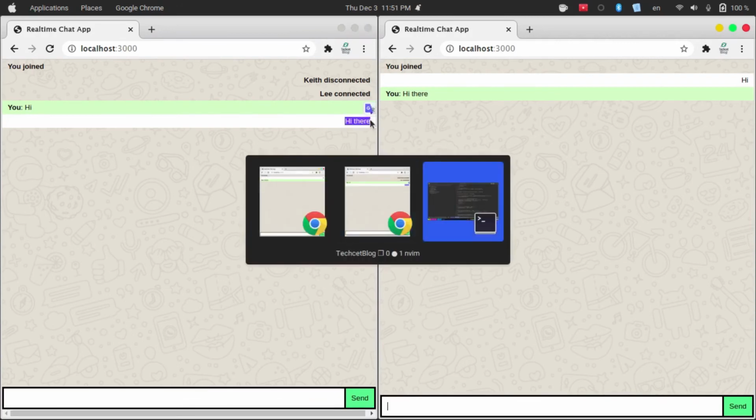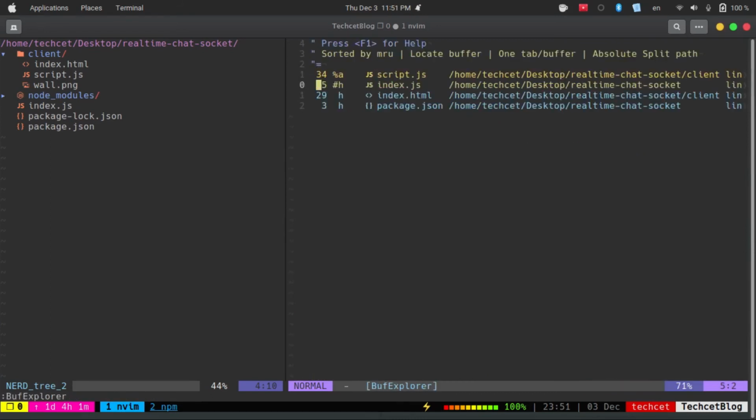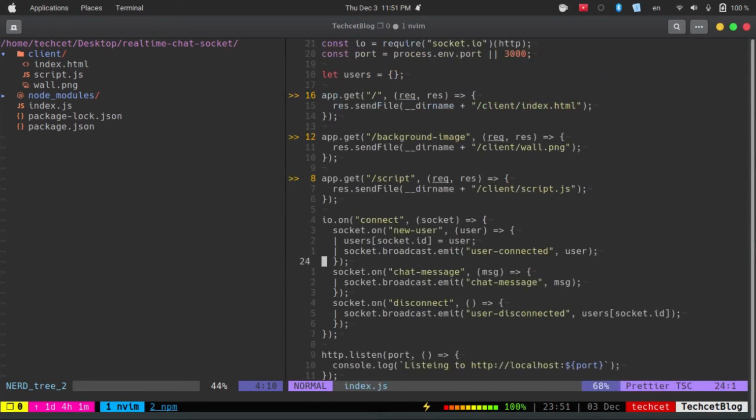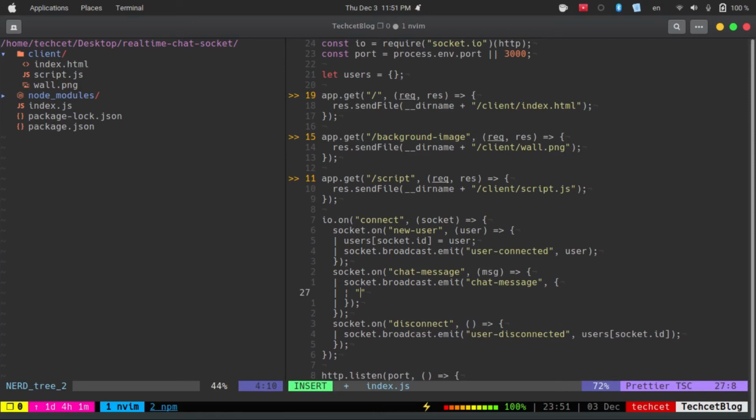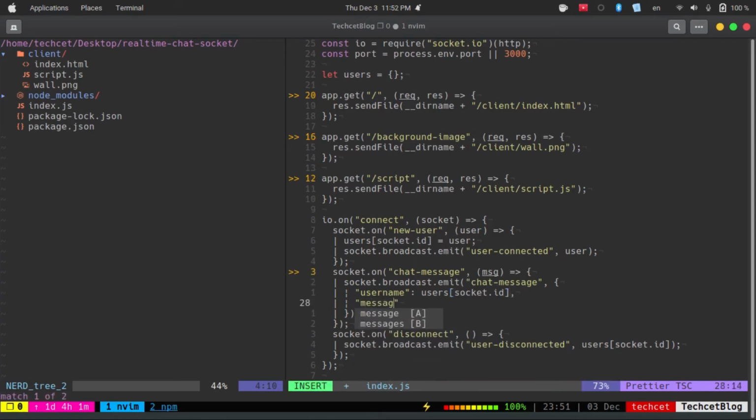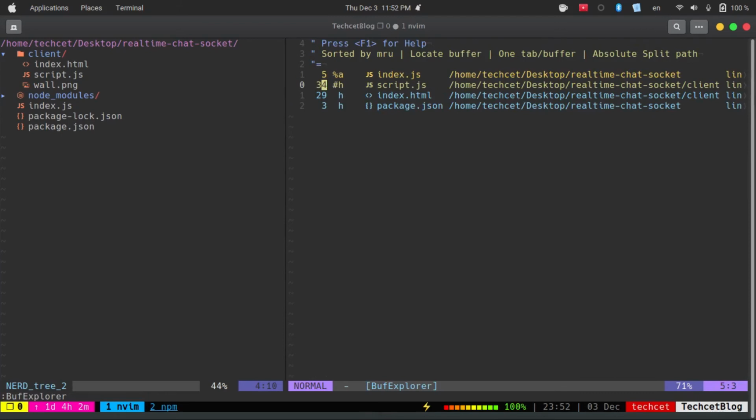So let's see, in our index.js file where we are going to this one, so we are sending a message, so we just need to pass an object, and then let's say username, and then username should be, let's say, users, and then socket.id, and then message is going to be message. Save this file, and inside our script.js file,